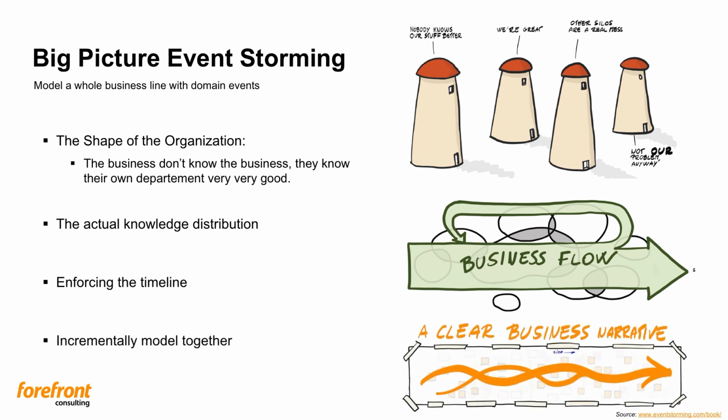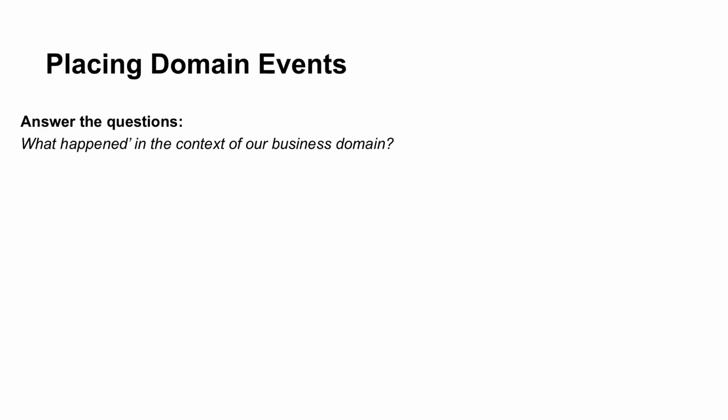The main point of the whole event storming is that you will create a business narrative using business events. All the events will be represented by sticky notes and be something that happens in the business. Once you're done, you will have the story of the business, the complete story, everything that's important, and you will have worked on it together and incrementally. That's really powerful as a result, that you can see, okay, we created this, and this is actually it. Usually there will be a lot of aha moments for everyone participating. And you can also address these conflicting areas.